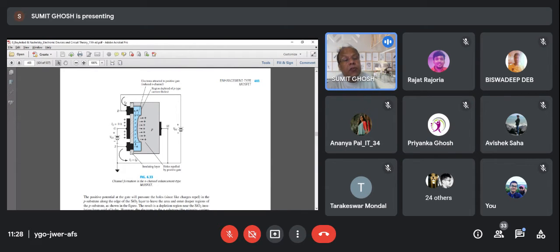VGS মাইনাস থ্রেশহোল্ড ভোল্টেজ, 1 volt। যখন VGS 4 ভোল্ট হলো, তখন এক্সট্রা ভোল্টেজ VGS মাইনাস থ্রেশহোল্ড ভোল্টেজ কত হলো? 2 volt। তার মানে এই কারেন্টটা কিন্তু 3 ভোল্ট হলে যত হবে 4 ভোল্ট হলে 1.33 টাইমস হবে